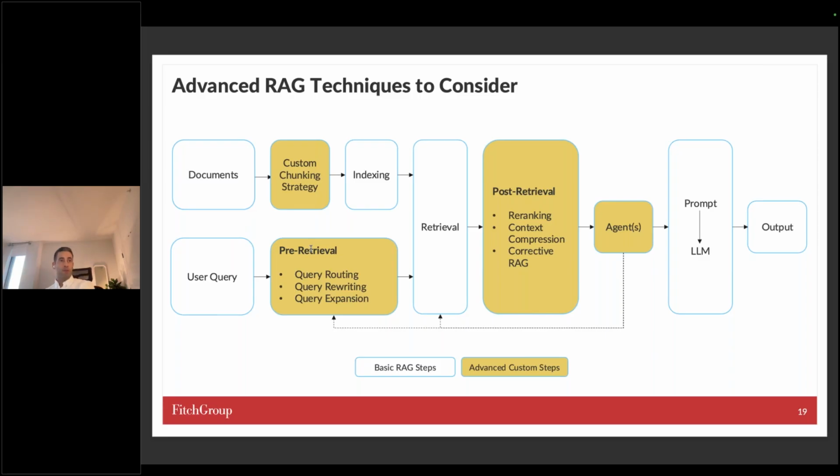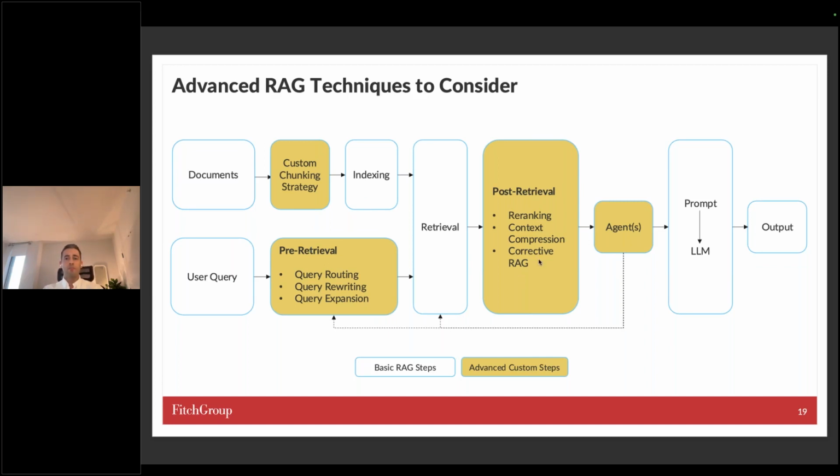Before serving that back to the LLM as context, it might be useful to re-rank them and say, hey, the most important one is the most recent one. Context compression, you might need to retrieve many different chunks in order to serve a useful response. The chunks may contain, depending on the chunking strategy, they might be relatively long. You may not care about all of the information in that particular chunk. You can compress it in order to get the most important information.